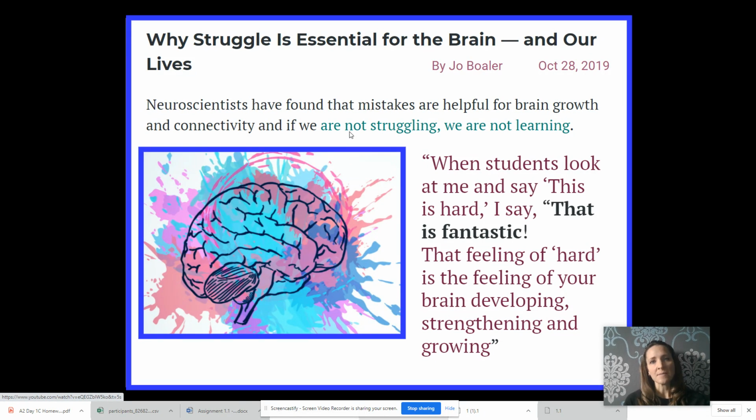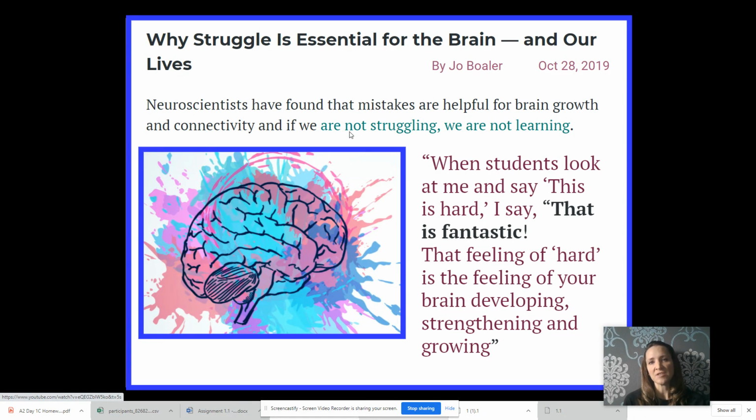And the analogy I sometimes share with my students is for weightlifters, and the actual way that you grow muscle in your body is by tearing the muscle you already have and making space for new muscle to grow in that tear. And there's nothing easy about tearing your muscles, and there's nothing easy about growth and growing and learning. Sometimes it's a challenge. So encourage them to embrace the struggle.